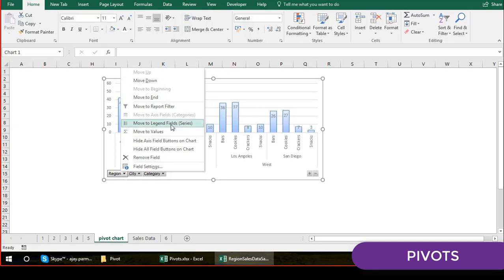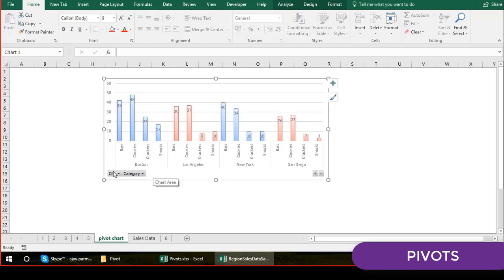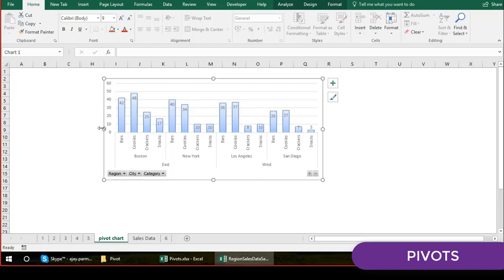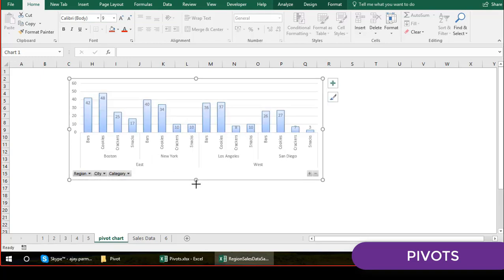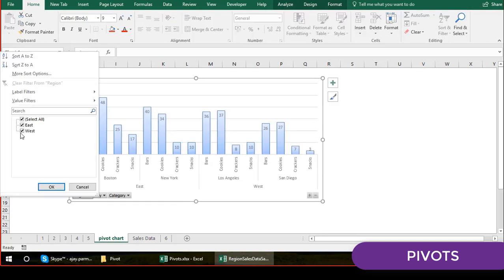So if I just go and click here, let me see what's gonna happen. No, I don't think so. It's not a good option. Just keep it here only. So this is your pivot, having all the things in front of you.